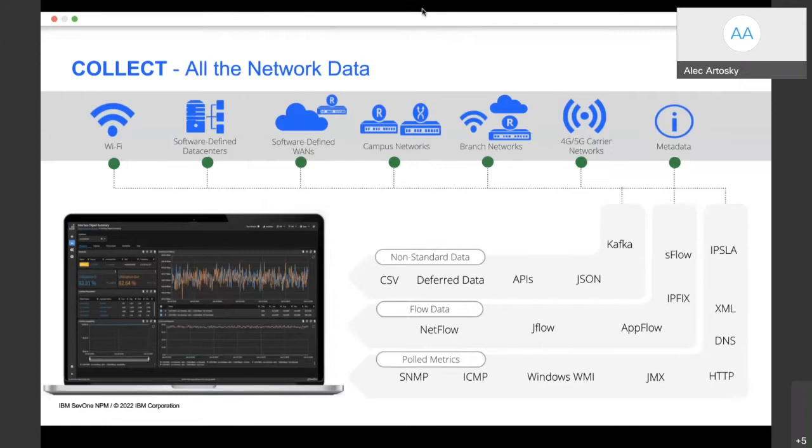So things like SNMP, ICMP, WMI, some very core competencies that you need to be successful. Then we can bring in things like flow statistics, NetFlow, JFlow, SFlow, IPFix, all that kind of stuff. And then we can take it a step further, which is bringing in data via CSV, APIs, Kafka, JSON, that kind of stuff. So SevOne has the ability to be the best collector of data at scale, which ultimately feeds this AI vision that we're all coming to, which is the more data I have, the more intelligent that data can be.